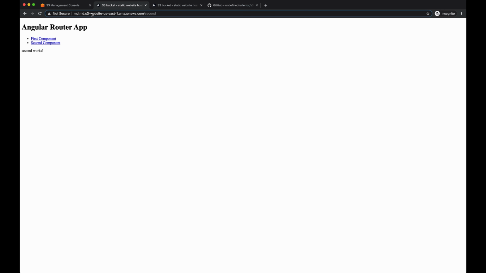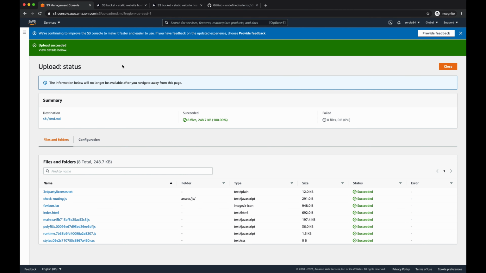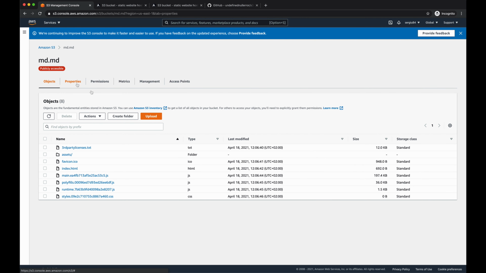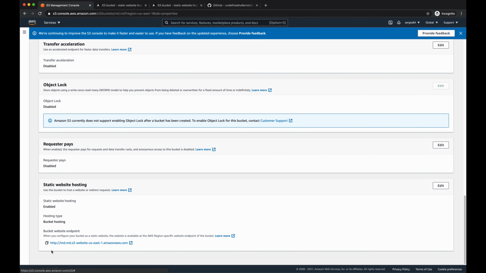The next thing to do in this case is to enable the HTTPS. So without HTTPS, our site is not so trustworthy nowadays, and we have to enable this thing. So if you go into the bucket, under your bucket properties at the bottom of the page, you can see this one is served only via HTTP protocol. In order to enable HTTPS, we have to attach a CloudFront distribution to our bucket. Let's copy first of all this URL